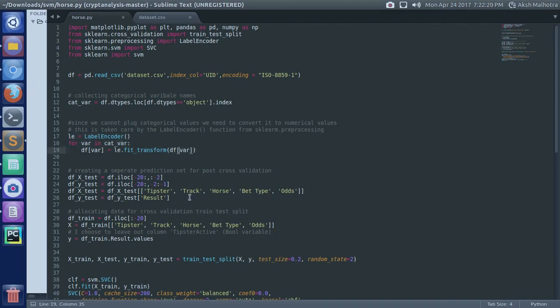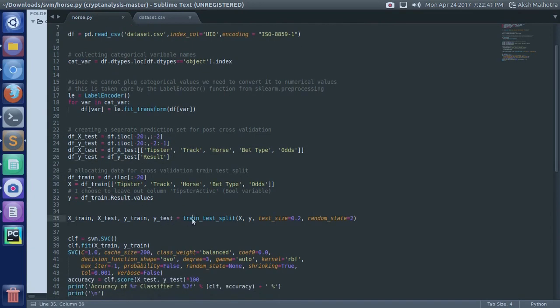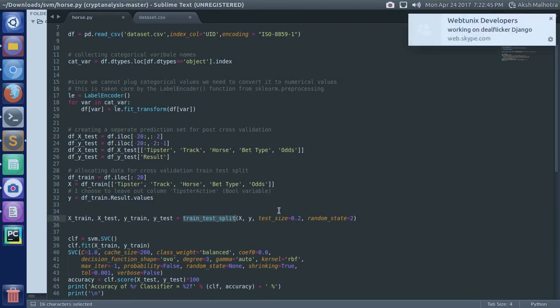After that we have to convert our dataset into training and testing data. We convert it using df.iloc, and this is our training data, and this is our testing data. We split our data into xtrain, xtest, ytrain, ytest.